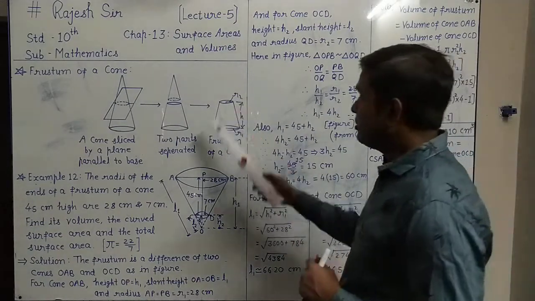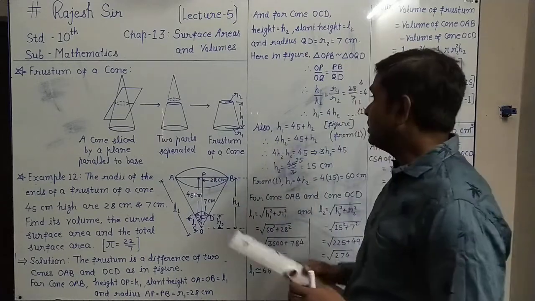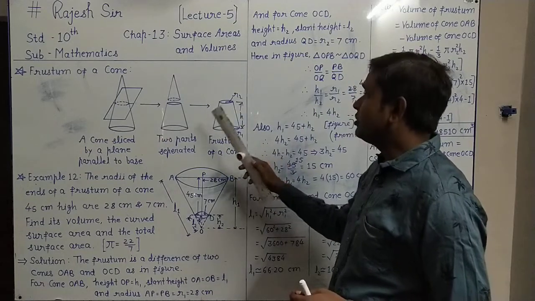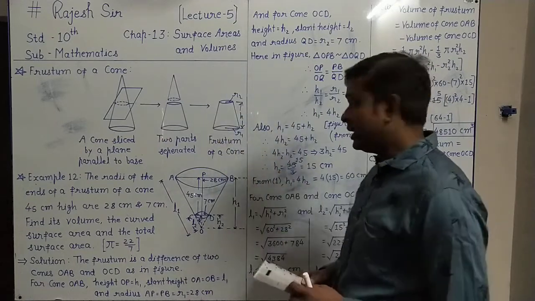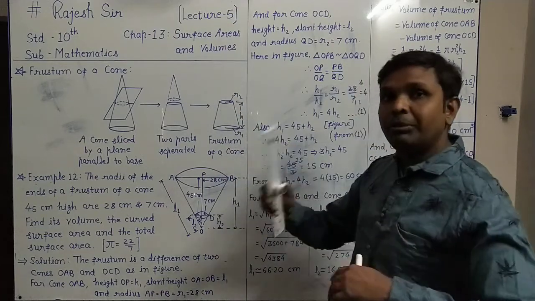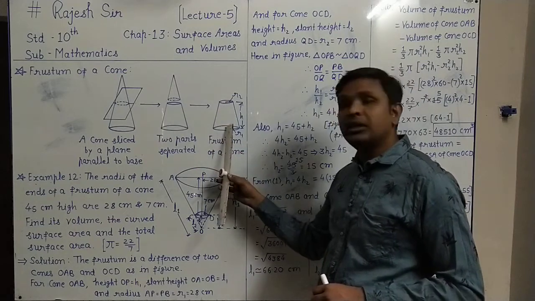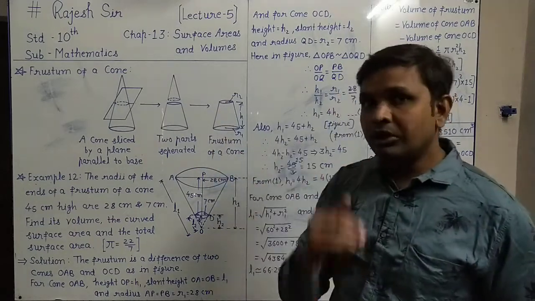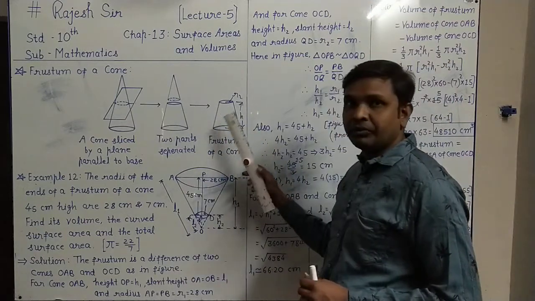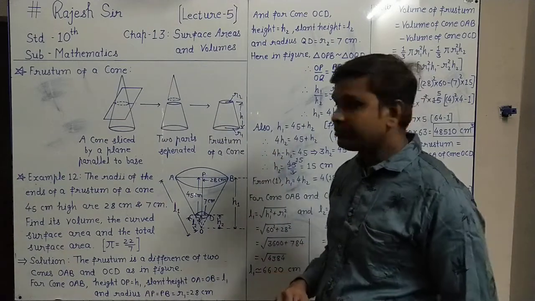So from frustum only you see, right? TSA means total surface area you want. You can understand in that TSA, the curved surface area of frustum we have to find. And to close it from the top and down both the sides, we have to close this circle also. Both the circular top and bottom we have to close. That means in CSA of frustum, we have to add the top circle and bottom circle.